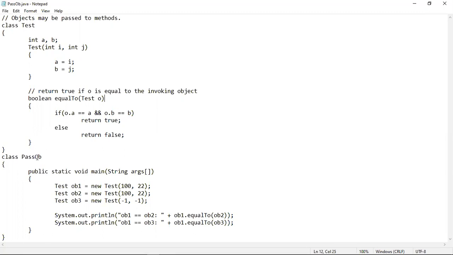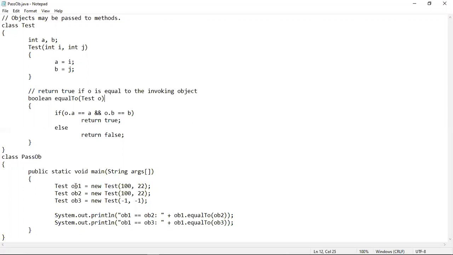So this PassOb is the main class because the main method is there inside it. This is the main method. Inside the main method, we have created three objects, all of the Test class. We have created objects ob1, ob2 and ob3. All the objects are of Test class.